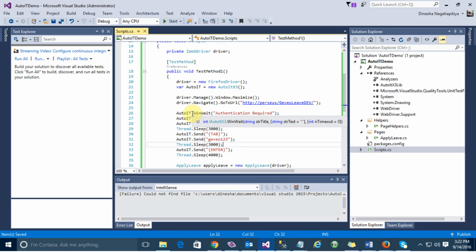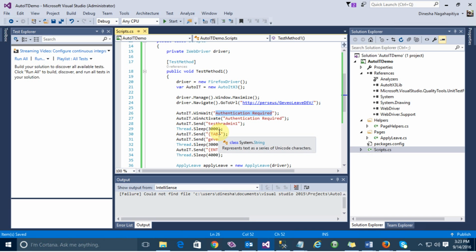So what I'm doing is I wait until this authentication pop-up window appears. This text is the text which is displayed in the authentication pop-up. It depends on the browser, so this might be different. In Firefox, what they display is "authentication required". So WinWait means we are waiting until this pop-up is loaded, and then we WinActivate. So the pop-up is activated, and then I'm entering the username